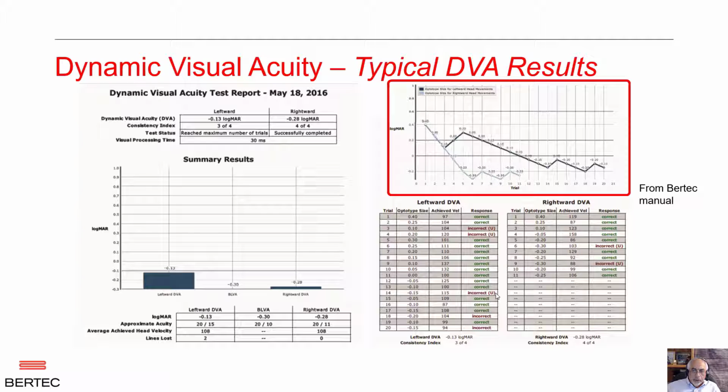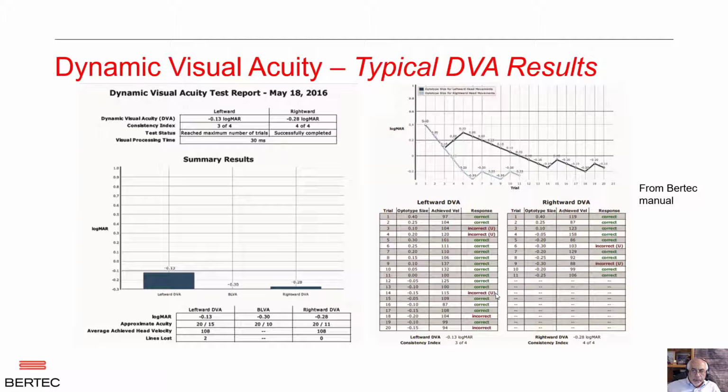It looks like the test took longer for the leftward DVA. This happens if the patient can see the optotype and recognize its direction, but somehow because of lack of attention might call out the wrong direction, or if the wrong direction button is pushed on the remote. That seems to be the case in this test, with the third trial being where the wrong answer was provided. Good threshold search algorithms can recover from such a mistake as long as there are not too many of them.